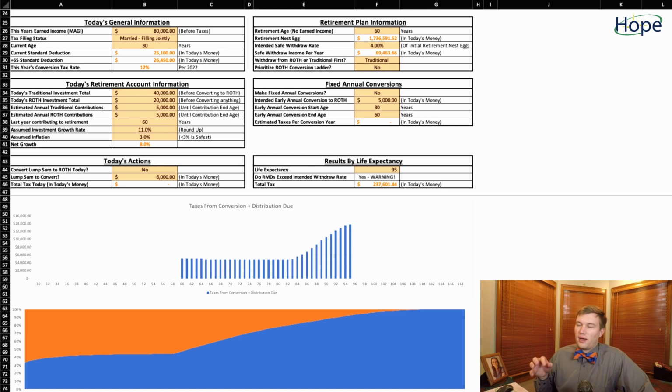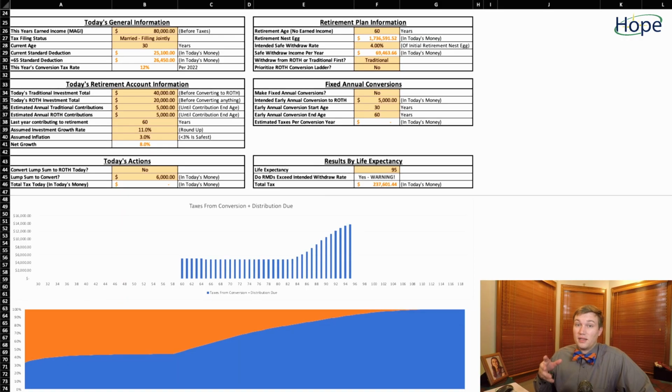So what we have right now is a 30-year-old couple, husband and wife are both 30 years old, and together their income, their MAGI before taxes, is $80,000. That's a reasonable income. And there's some calculated stuff about their taxes that's really not important for understanding the example, but just know that the spreadsheet corrects for tax brackets and factors that get too complicated to explain in the scope of today's main topic. Let's go into the particulars for their retirement.